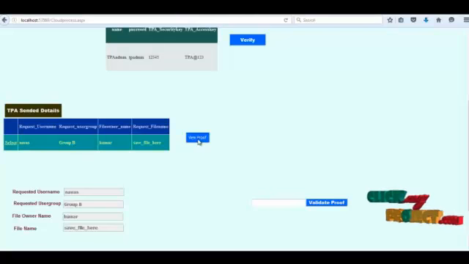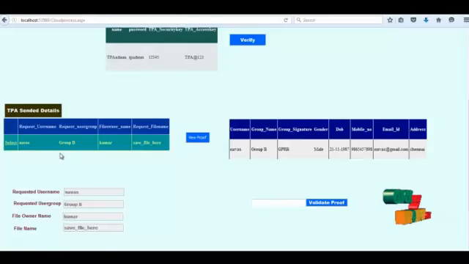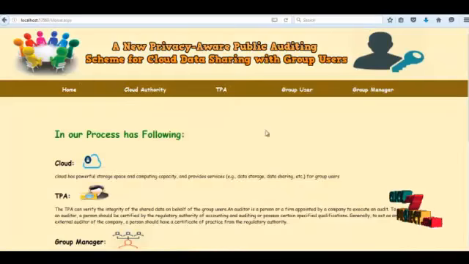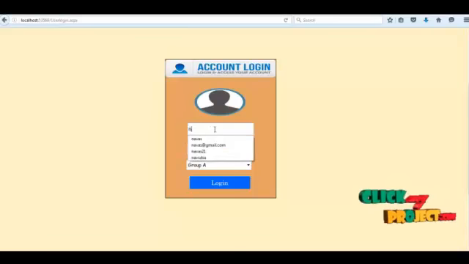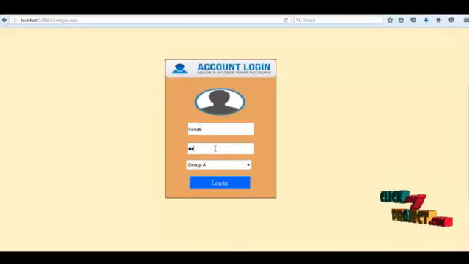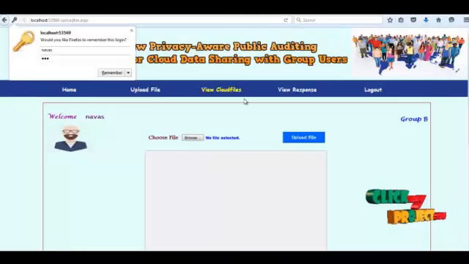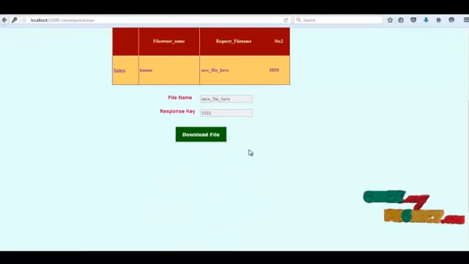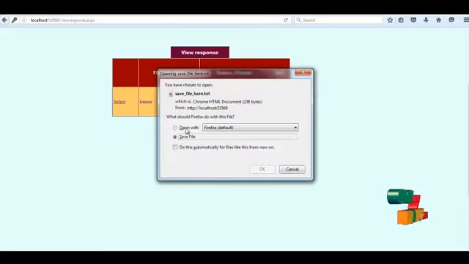Now we can see the proof of a particular user. This is a group B user, so it is easy to understand what type of user it is. Now the cloud provides a key for the user's access. Finally, click this button and you can see the user proof validating key posted successfully message. After that, the user can view the response here. This is the accessing key. If you finally click download file, now this file is